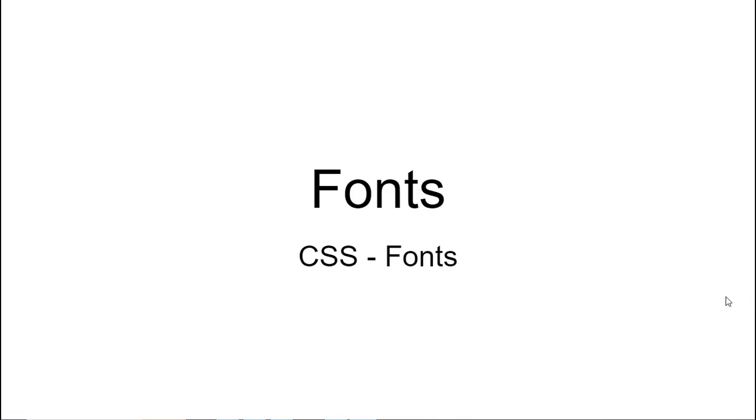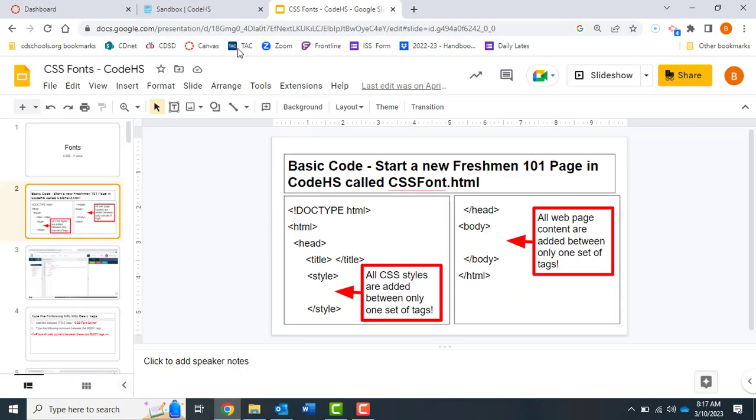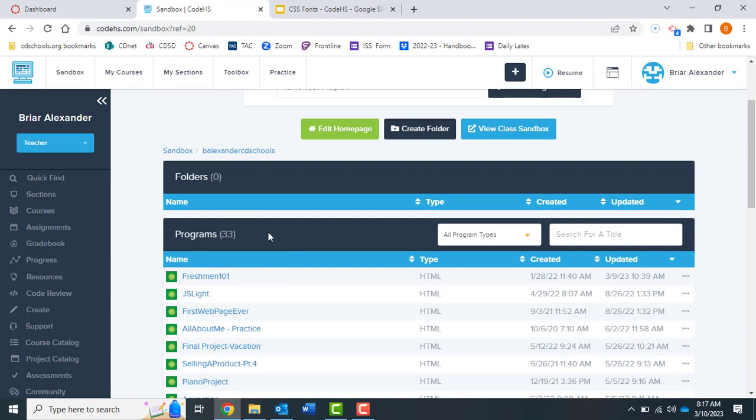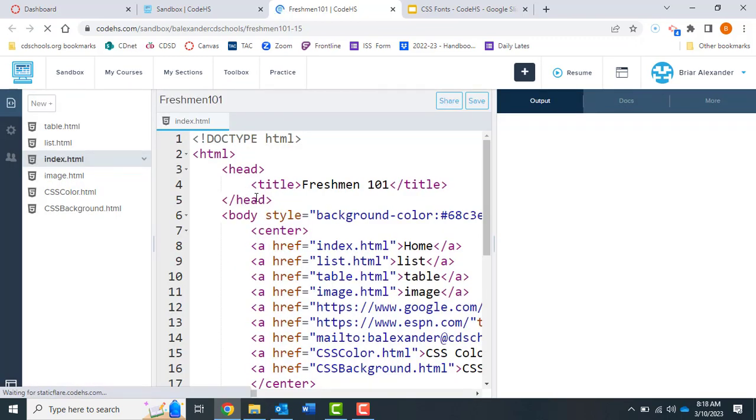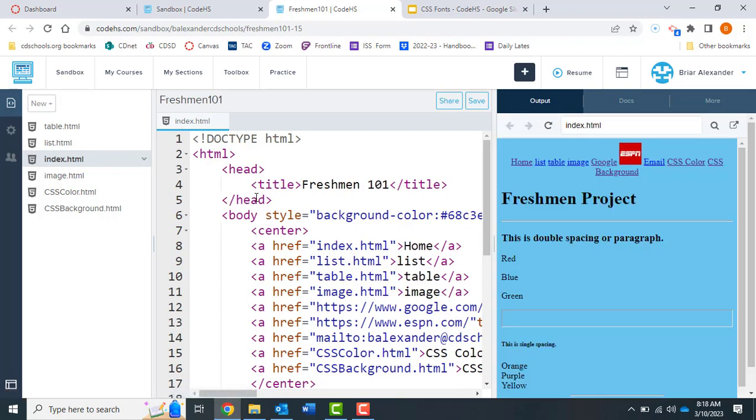our sandbox out in Code.hs. What I want you to do is open up your Freshman 101 project. Now after your Freshman 101 project is opened up, what we are going